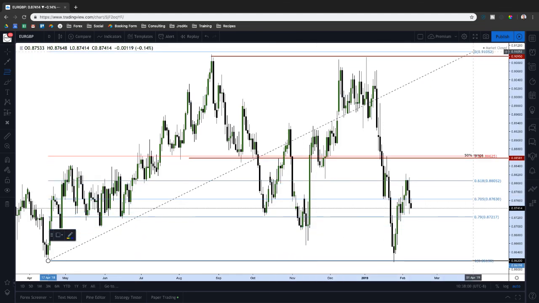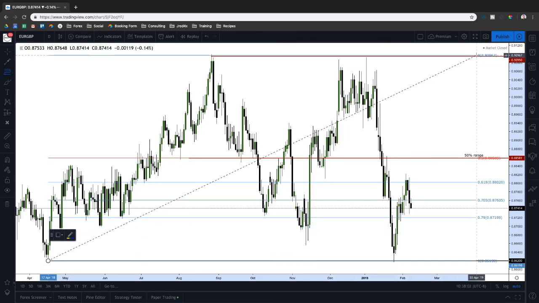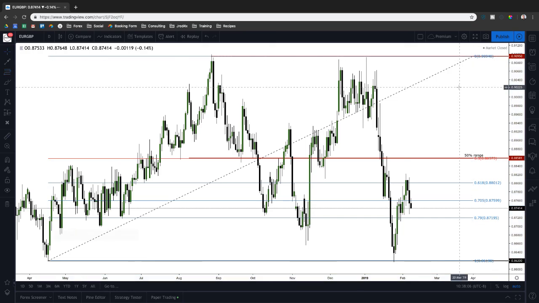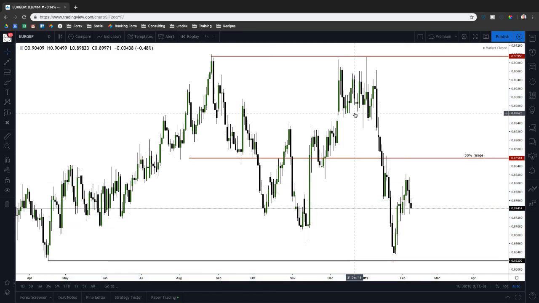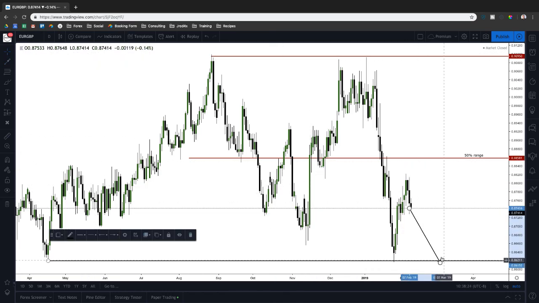And this isn't for entries or anything like that. This is just to figure out where they are in terms of current market price and where they are likely to reach for. So you draw a fib from highs to lows. You can see that we've got 50% of the range that comes in at 85.73. So we can delete the fib, 50% of the range. As long as we remain below here, we should continue lower. Now, if we get above